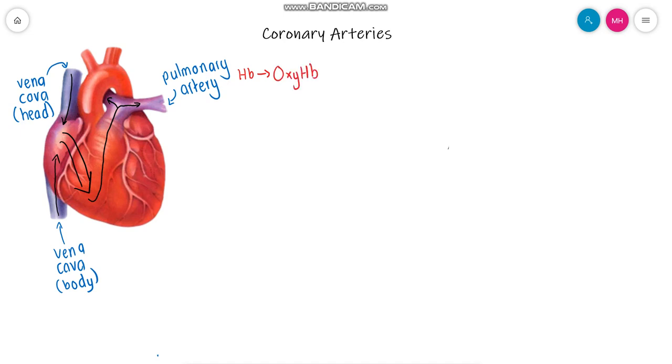Okay, so it's not shown over here, but then blood is taken back by the pulmonary veins. It's not written, but I'll just draw, and these would be the pulmonary veins. The pulmonary veins would then fill the